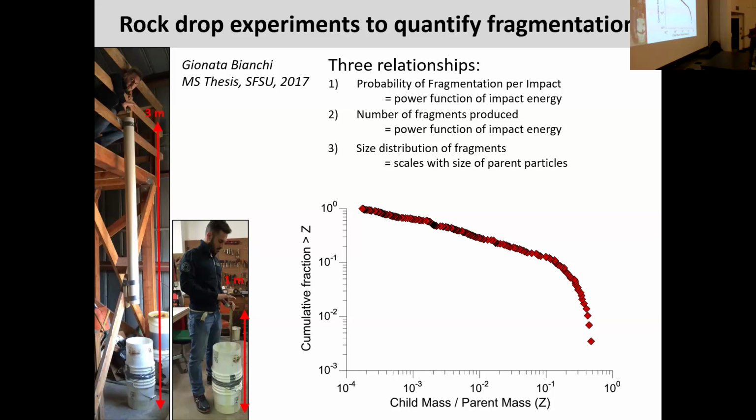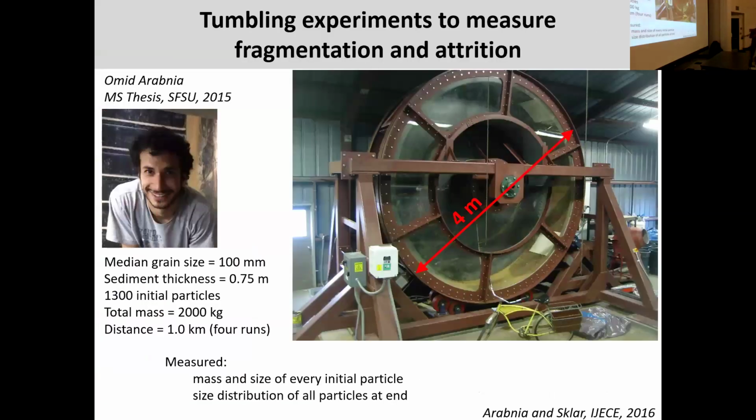So that's great. So we have these relationships, but how do we apply them in the field? Well, to bridge the field, Omid Rabnia, for his master's thesis, used this giant wheel. This is at the Richmond Field Station, which is a UC Berkeley facility, where this wheel was built to study debris flow erosion of bedrock. It was Leslie Hsu's dissertation, and other people have used it since. And so Omid filled this thing with cobbles of the rock type, the granodiorite that we're working with in Inyo Creek,